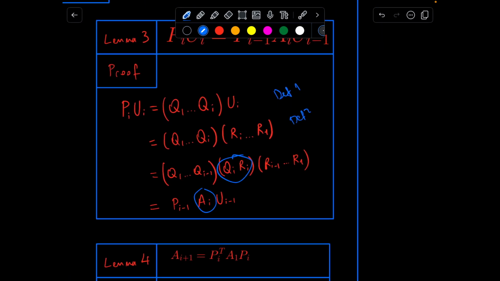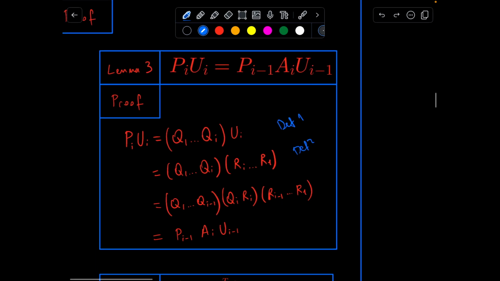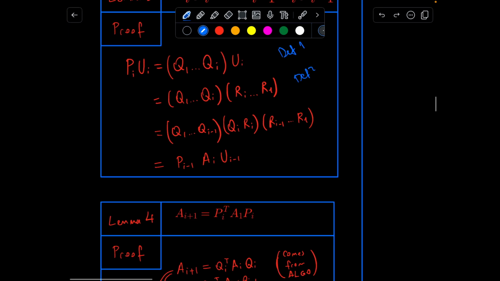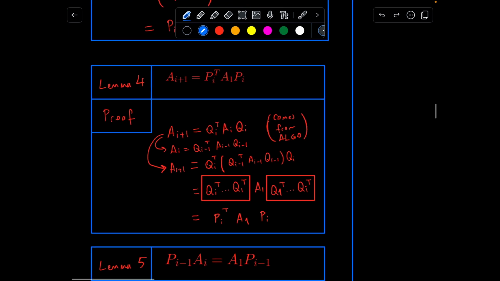This is what we would call AI, artificial intelligence. All right, and looking at the definition, we will call P_{i-1} and U_{i-1}. So this is what we were trying to prove, and that's right. Let's continue and check another